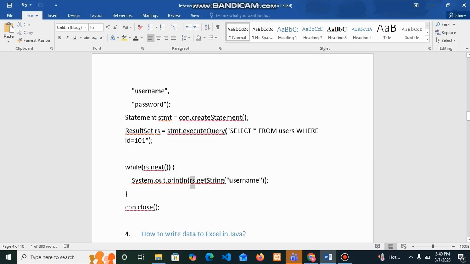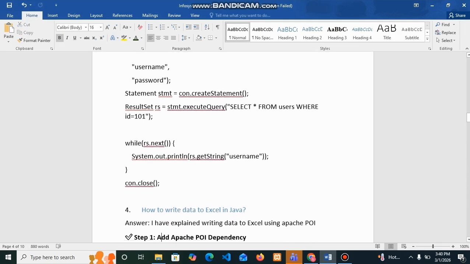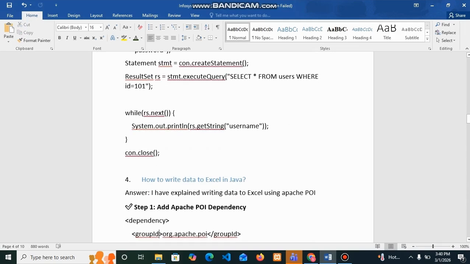So we are using a ResultSet to print the values from the database, and we can close the connection. This is the way we can retrieve the records from the database.